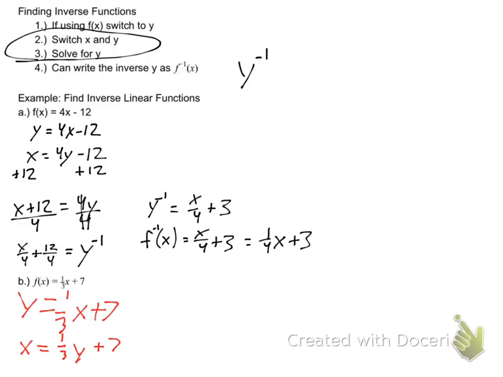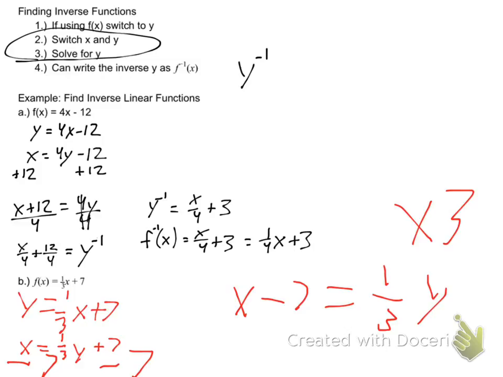And then I subtracted the 7. So what you have to do is you have to multiply it by 3. And that will give you